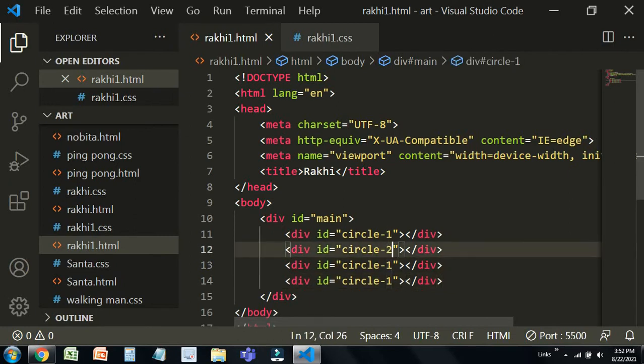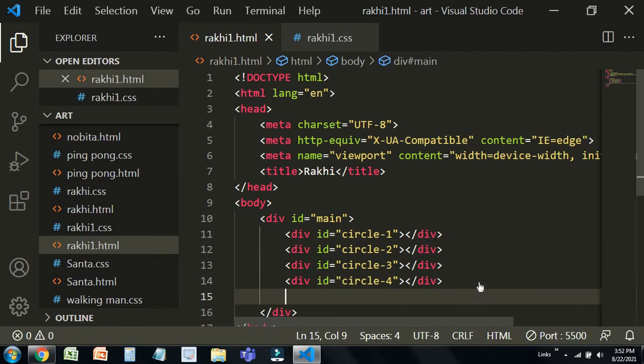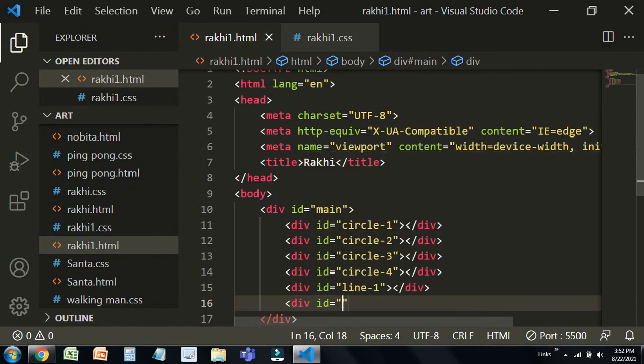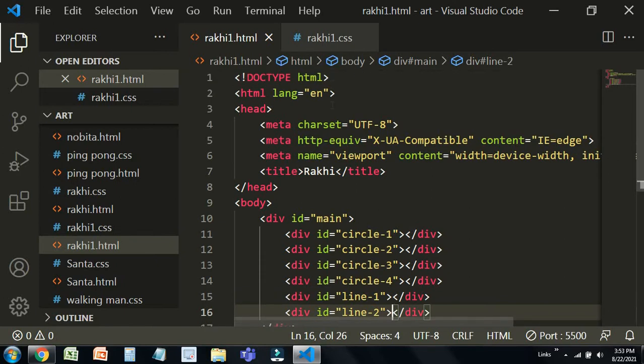This is going to be circle 2, circle 3 and circle 4. Perfect. Now we need a line so that we can tie the Rakhi on our hand, so there's a line that we use known as thread. The div id needs to be line 2. Perfect. So this much HTML code, and now we do not need to write any more HTML code.